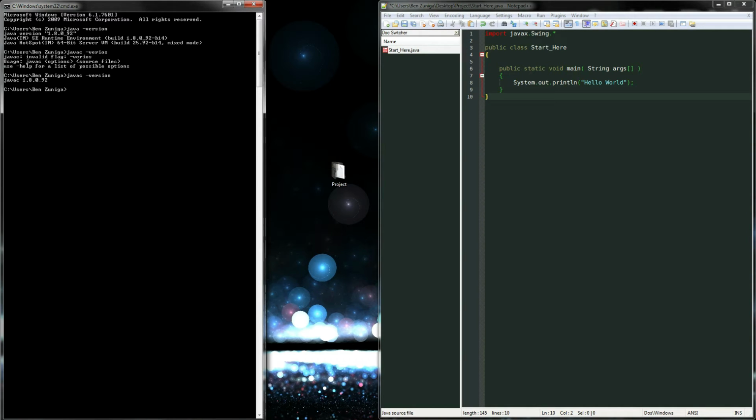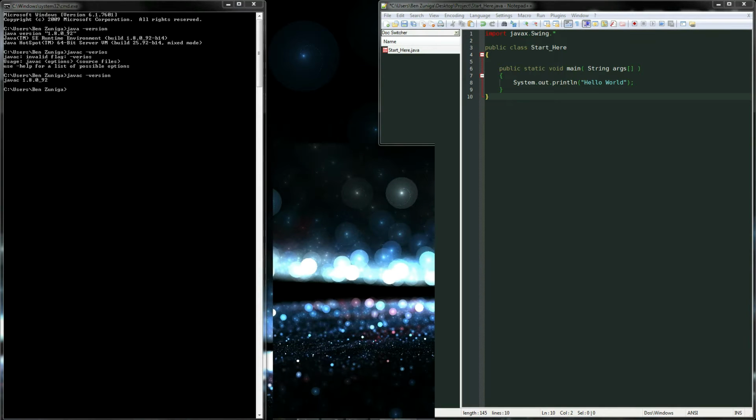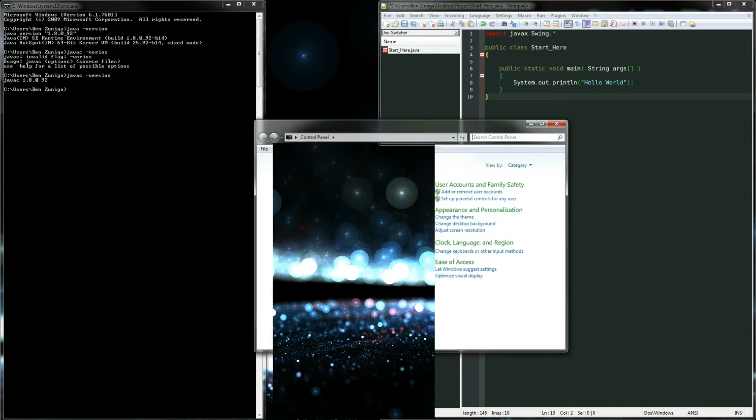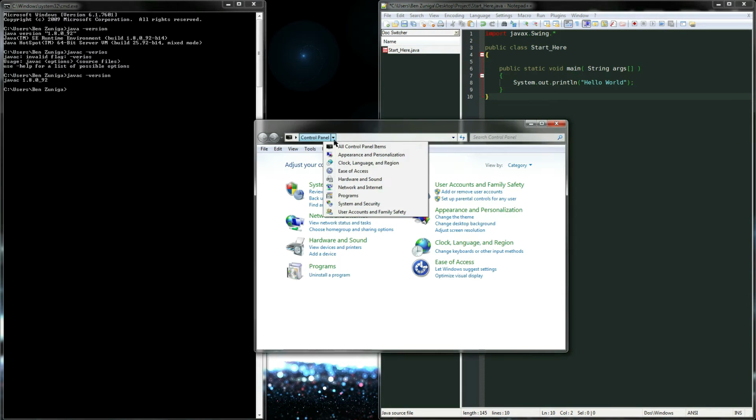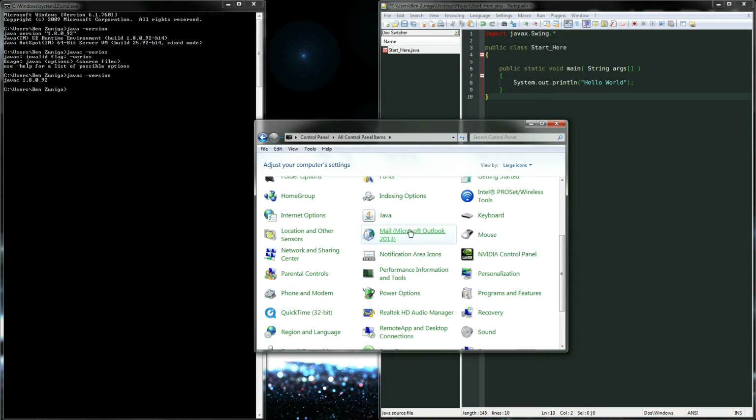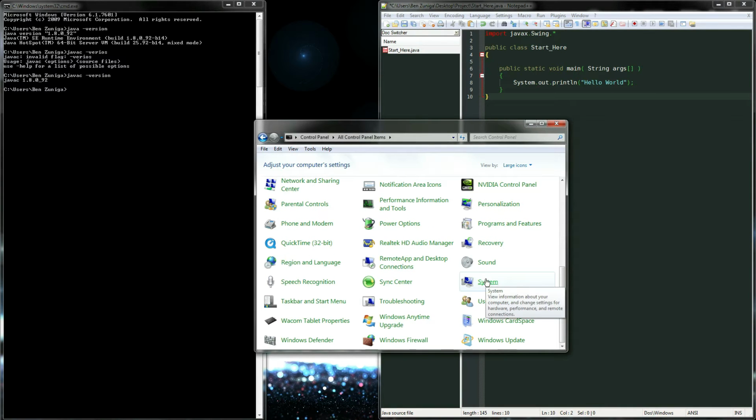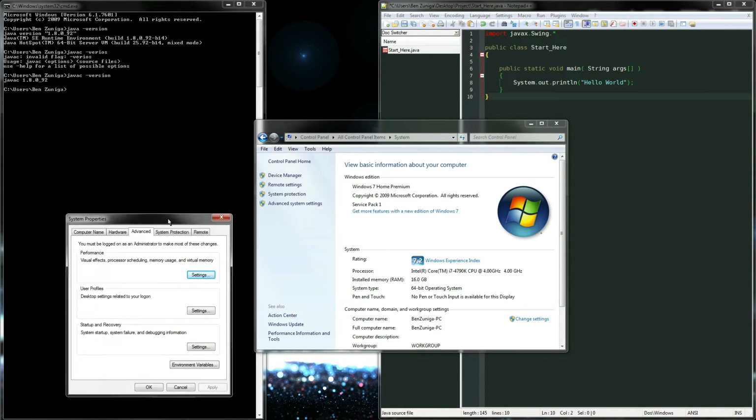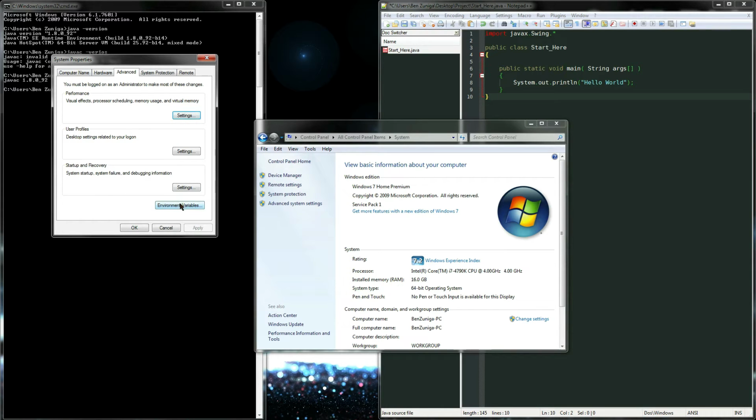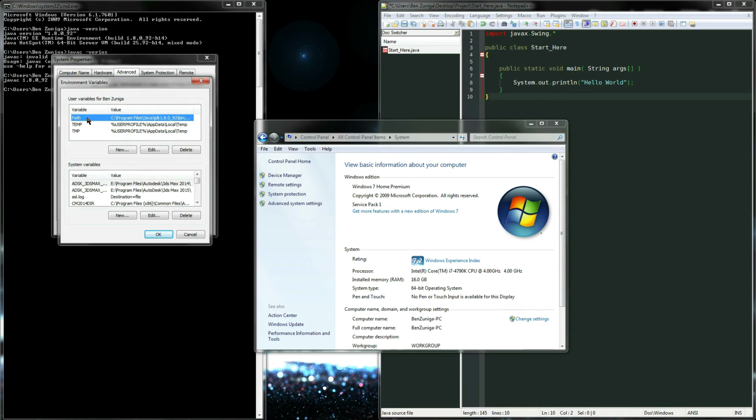So to do that, let me move with this. Go to your control panel, and go to all, and you're going to want to go down to system. There are different ways to go into the system, but this is the easiest. Go to advanced system settings. Let me pull this up. And you want to go to environment variables. This one variable, you're going to have path, and it's actually multiple variables. So if you go to edit,